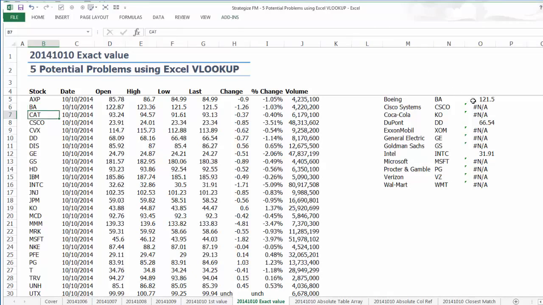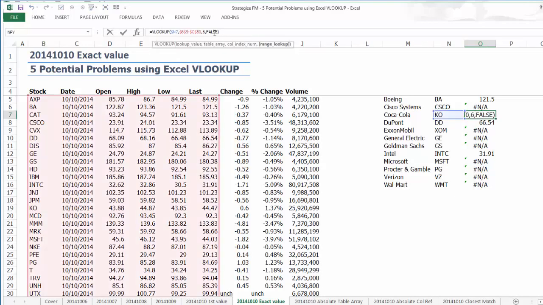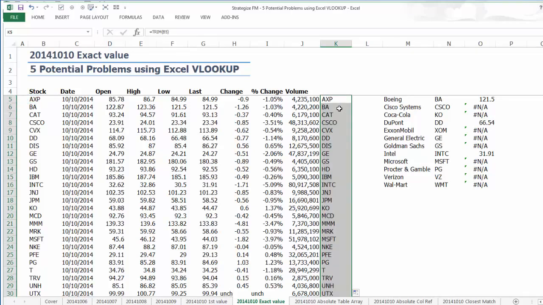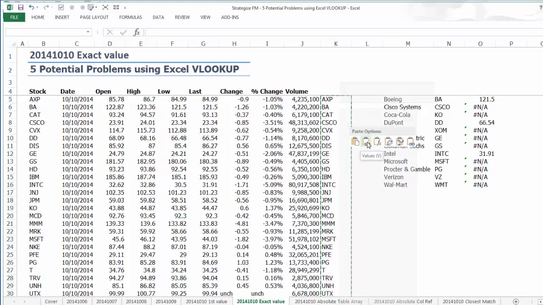Although the previous 4 days were fine, today's example illustrates how the bulk of our Excel VLOOKUP formulas are returning an error, NA. DuPont and Intel are the exceptions. On the surface, it appears strange why our Excel VLOOKUP formulas are not working for these other stocks. But it is when we examine these reference cells in the table array that we realize these cells contain spaces after the text. Hence, Excel VLOOKUP will treat them as not an exact match and therefore not return the corresponding